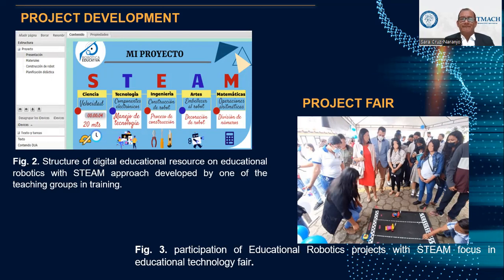Regarding the project fair, this phase was carried out during 2 weeks of class, in this case, 10 hours of the same subject. Training and tutorials were conducted explicitly related to the preparation for the presentation of educational robotics projects in the educational technology fair, preparation for the educational robotics fairs, and socialization of educational robotics projects at the fair. For the activity, digital resources were prepared for dissemination, and aesthetic details of the robot were refined and finally presented.